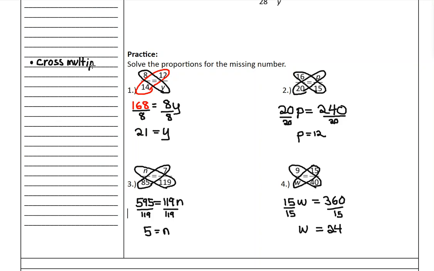Sometimes I even like to draw myself a little picture to remind myself, it's got to look like this, right? So you're going to cross multiply, and then after you cross multiply, you divide